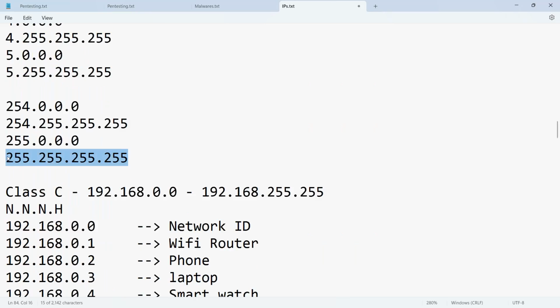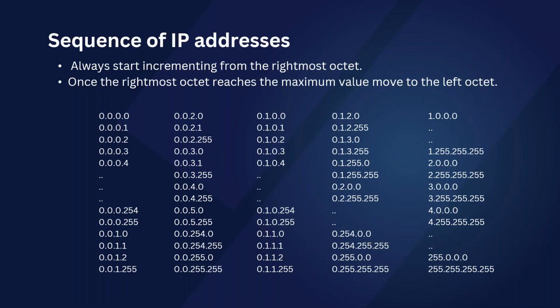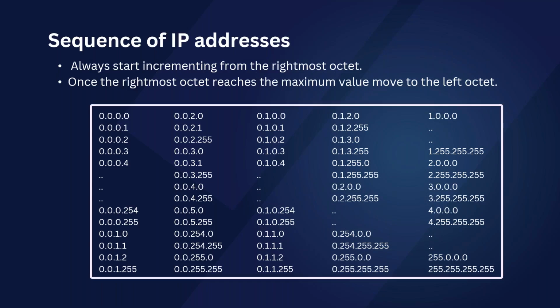If you count each and every IP along the line, you'd get a total of 4.3 billion IP addresses, and that is the entire sequence of IPs, from the first one till the last one. Now I'm going to explain in the next class why we have this importance of sequencing. But again, this is a brief idea on what those 4.3 billion IP addresses are.